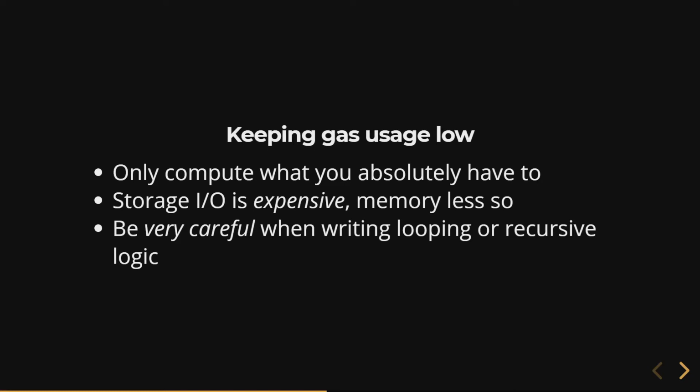Storage input-output is very expensive, and memory is slightly less so. There's a couple different places where the values you're dealing with in the Ethereum virtual machine are stored. There's storage, and then there's memory. You could compare this to being stored in a file on your hard disk versus being a variable stored in RAM. And that would make sense, that reading and writing from a file is more expensive than reading and writing from